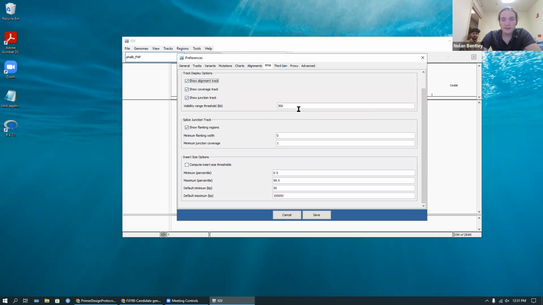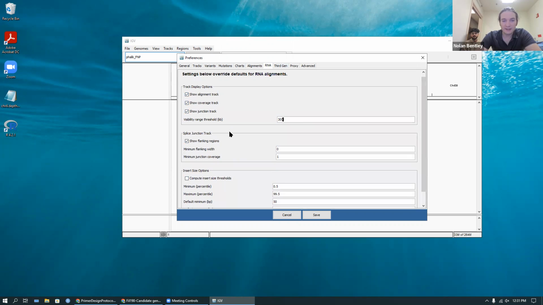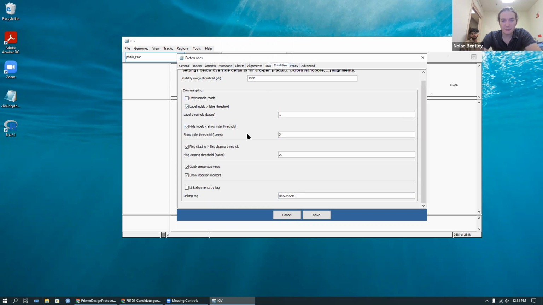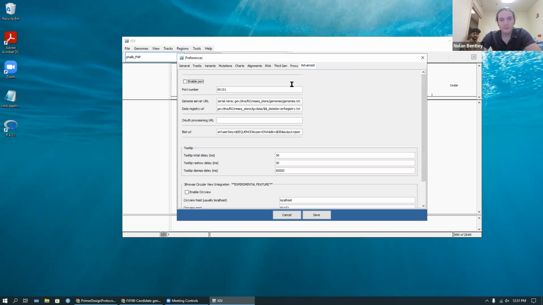RNA, same thing here. So for RNA, it's already set to 300 or above. Not that I'm looking at RNA terribly often, but I could. Cool. So finally, you need to set this up according to the data set that you're looking at. For my fast neutron population, my students have access to information in the write-up for this video on what to put into this URL, data registry, blanks. But that allows us to connect to the correct